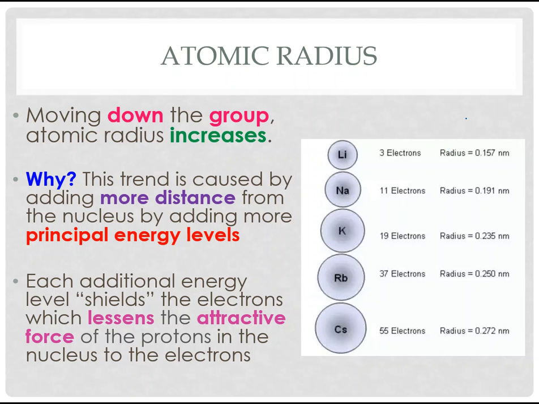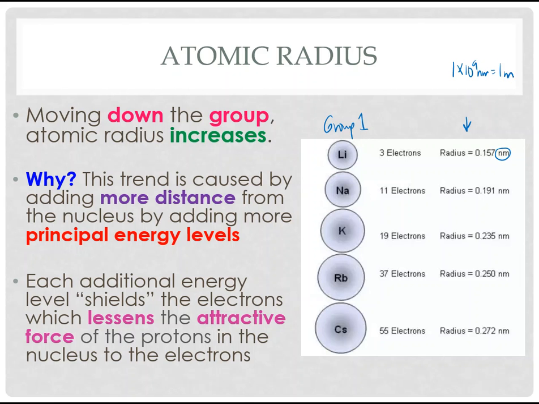I like this graphic over here, though, because it's showing this. These are the alkali metals. This is group 1. 3 electrons, 11, 19, 37, 55. So as you can see, as you're adding more electrons, you're getting bigger. Makes sense. They're putting the figures over here in nanometers, and remember nanometers is 1 times 10 to the 9th